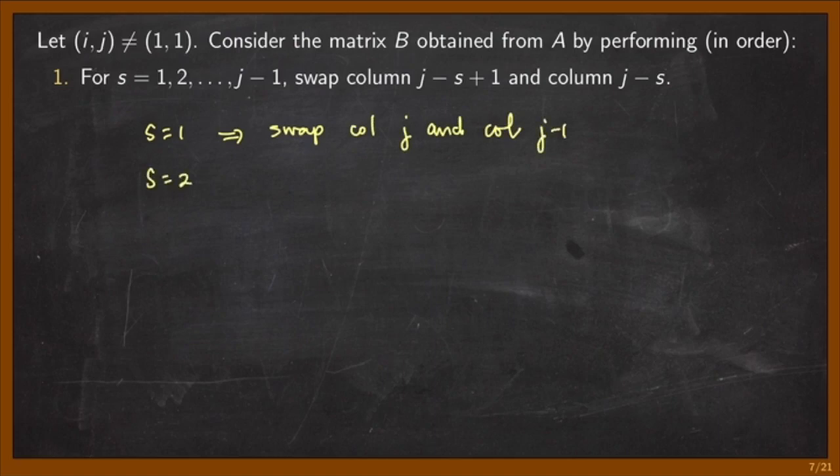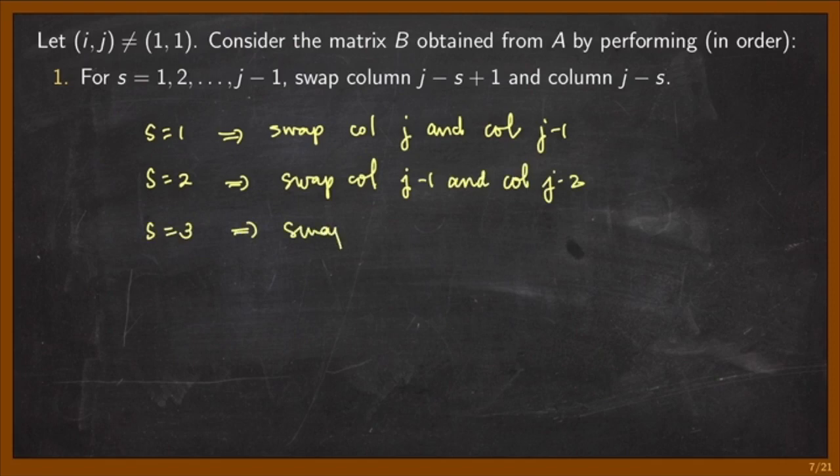Then when s is 2, we swap column j minus 1 and column j minus 2. When s is 3, we swap column j minus 2 and column j minus 3, and so on until we reach the point where s is